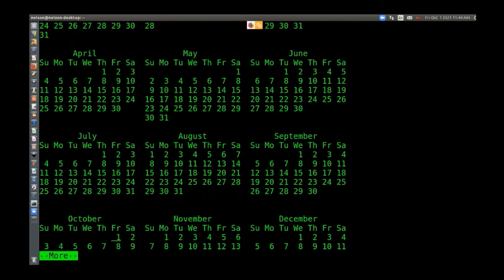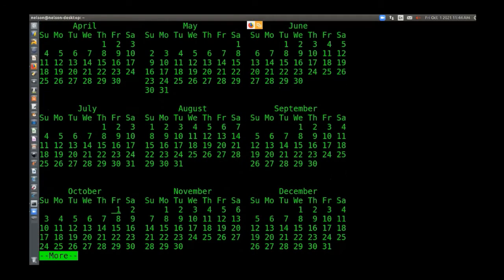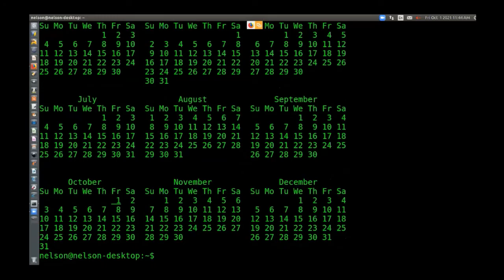So here we can see January, February, March, April, May, June, July, August, September, and also some part of the last 3 months we can see. So you can see here the more option. So when you click here, one line of output you will get, line by line. So this is the more command. Now to clear this output on the terminal, the clear command is there. It will remove all previous output.